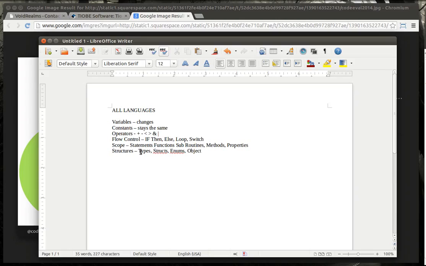Now, I know what you're thinking. Whoa, hold the phone. There's some languages out there that don't have data types. For example, VBScript or Python. Actually, they do. They just shield you, the programmer, from having to learn them, which is why Python is a very easy language to learn. Because you don't need to know the difference between a long, short, a decimal, a single, a double, double wide long. You just know that it's a variable. Whereas in C++, you actually explicitly have to state it.